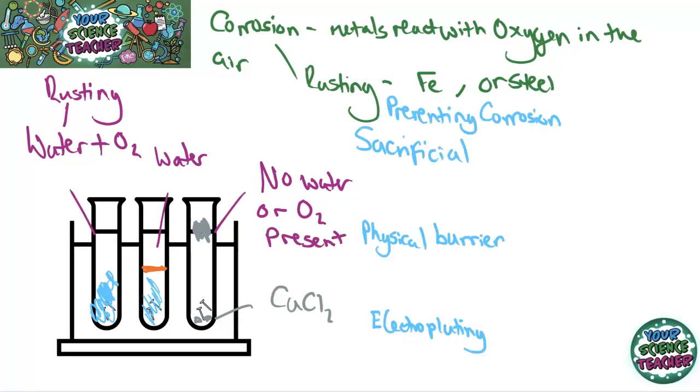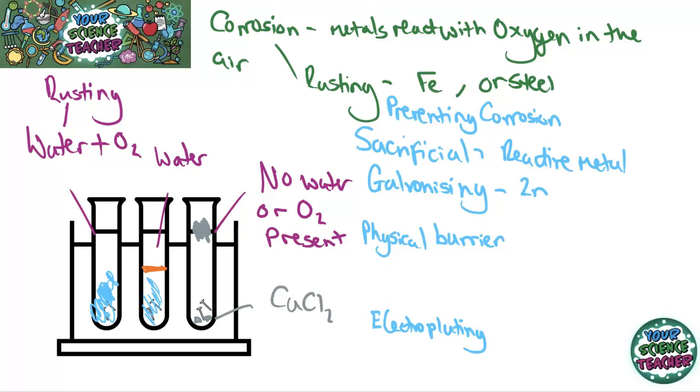Now, there are ways to prevent corrosion, because obviously you do not want your metal to corrode away over time. So there are three techniques we're going to look at. The first one is the sacrificial method, and what you do is you place a reactive metal around the outside of whatever you're trying to protect. A good example of this is galvanizing, and in galvanizing they place zinc around the metal, and zinc is reactive, so this will react with the oxygen in the air